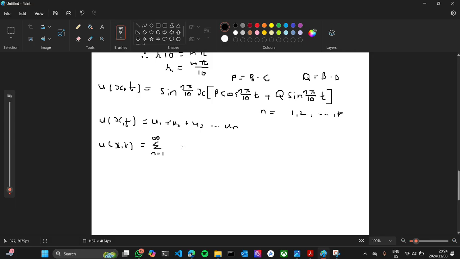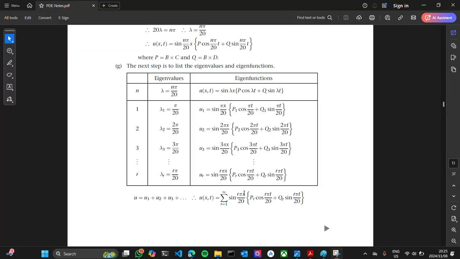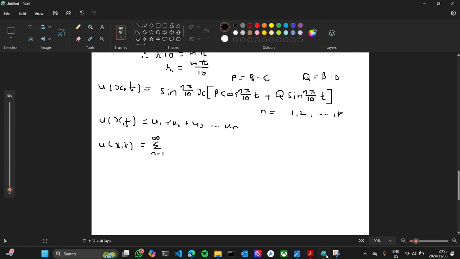And then we take it to infinity. Let me just make sure. Hold on. Okay, yeah. So it is actually from 1 to infinity. So this is evaluating the eigenvalues and eigenfunctions for every possible value of n. So let's get back to the mission. Okay, so that is the summation of sine r of pi